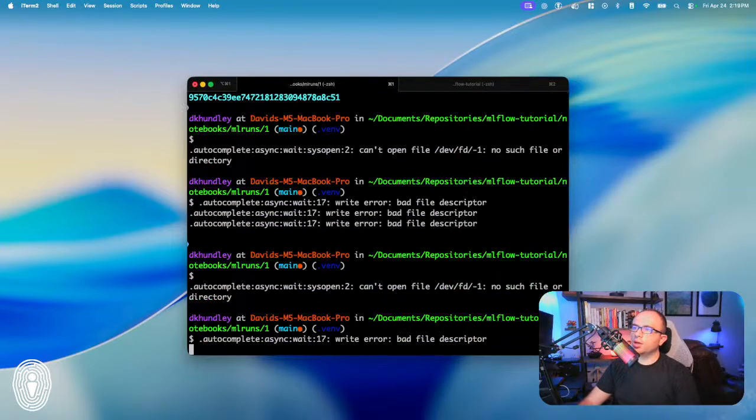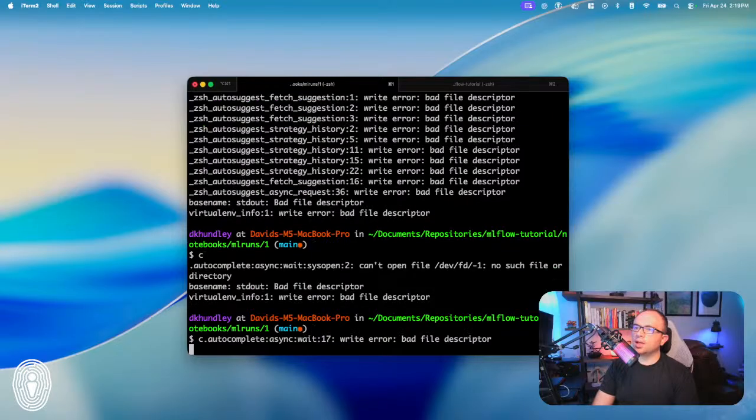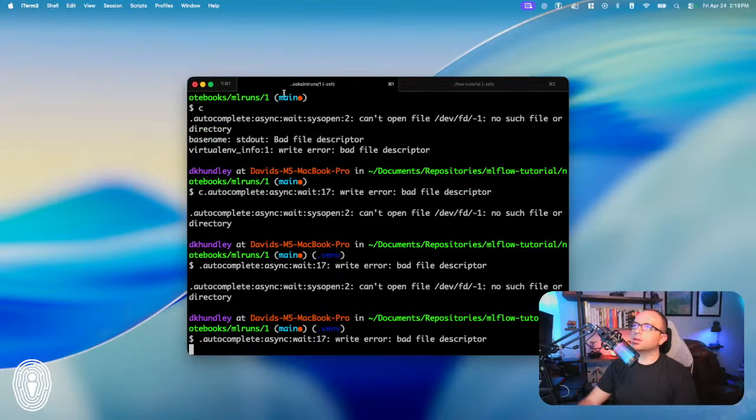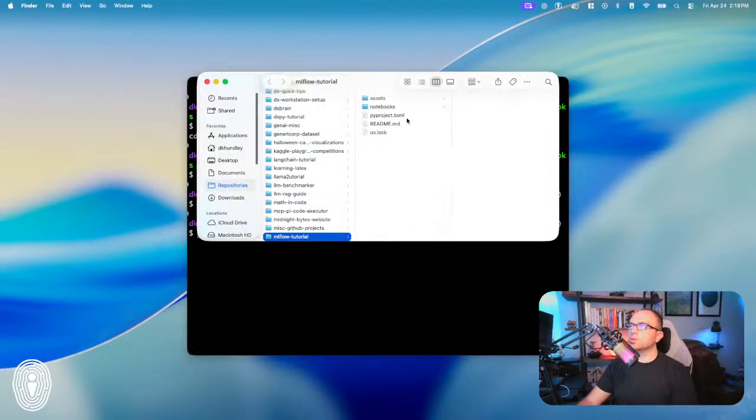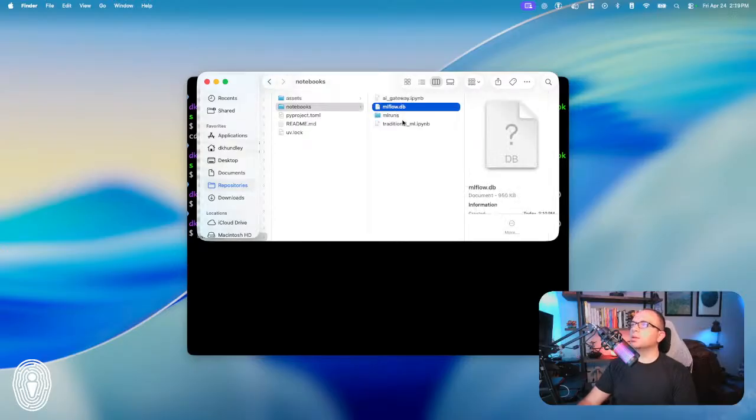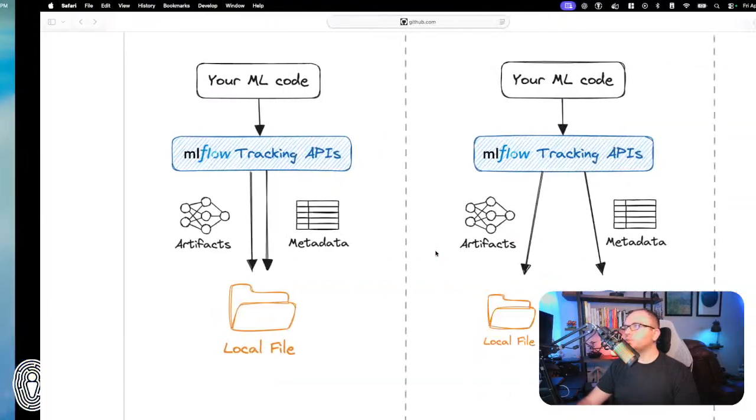Okay, so I'm going to go ahead and cd out of that. What is going on there? I don't know what's going on there. All right, so I'm going to go ahead and open this and then delete those extra things on the backend because we don't want those for now. Okay, let's actually go ahead and hop into some code.